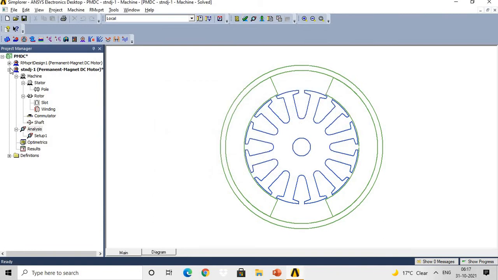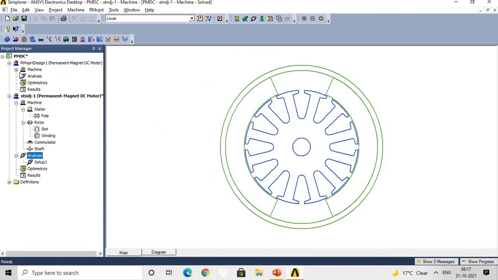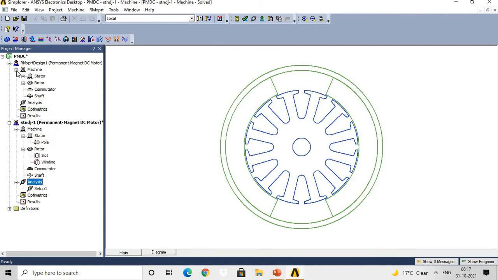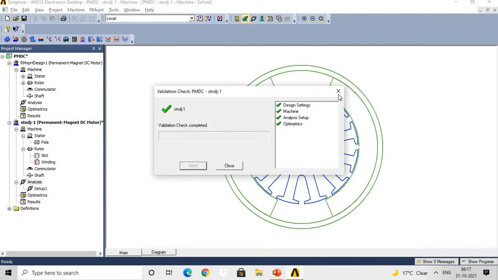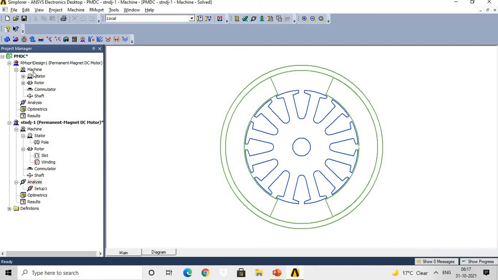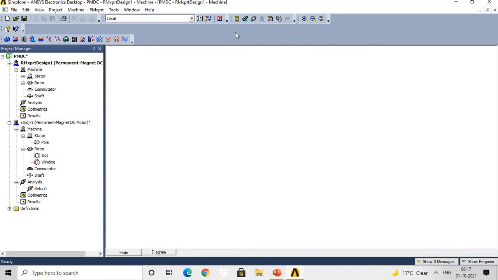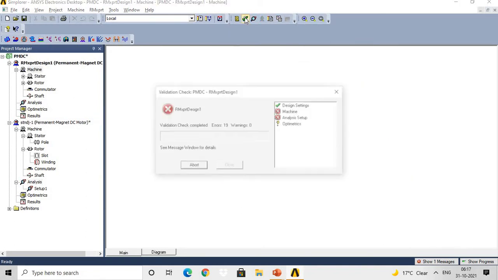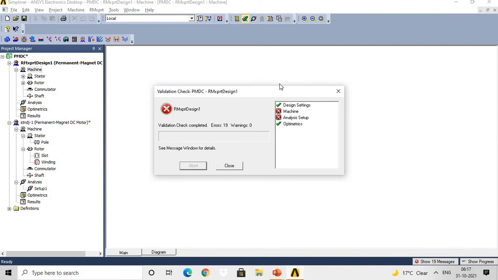For example, for this project I have not given any inputs. I will select this project to understand the concept, and if I click on the validate button, it will show there is an error in the machine parameter because we have not given the input for this project.